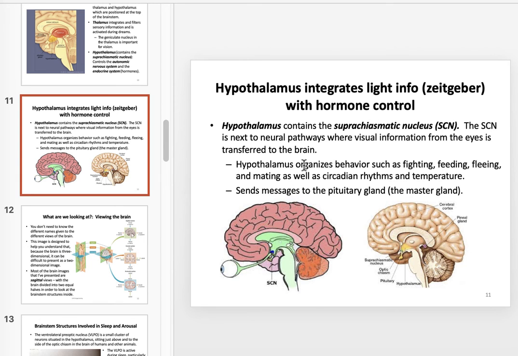Once again, the hypothalamus organizes hormone-based behaviors, and here's the only neuroanatomy joke I know. The hypothalamus controls the 4 F's: feeding, fighting, fleeing, and mating, because it controls things like your sex hormones and insulin and cortisol and growth hormone and all the things that help with regulating through that endocrine